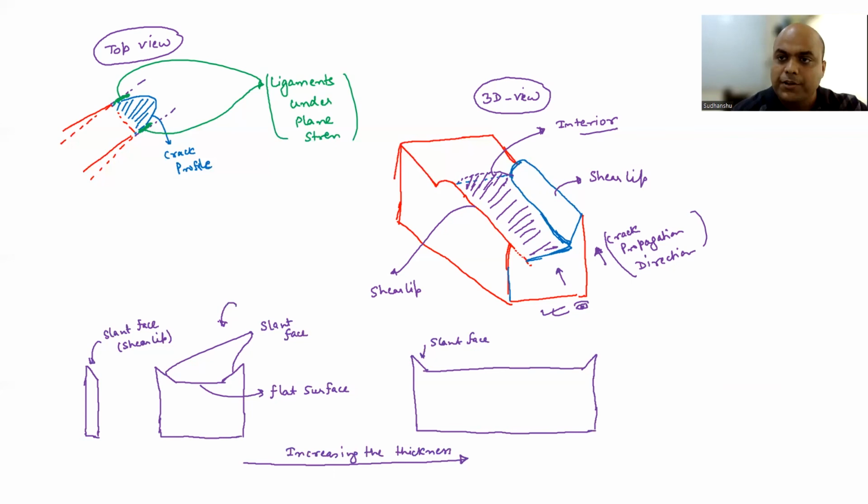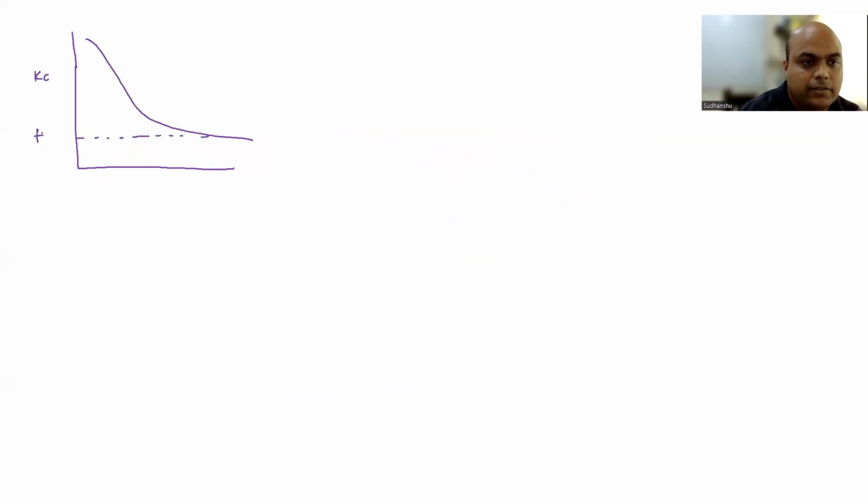Okay, so this is how your fracture surface is going to look like when you already have a crack and when you increase the thickness. Right, now let's correlate this quickly with the fracture toughness we have discussed. So if you remember, your variation of fracture toughness was something like this. So Kc, and here is your K1C. And we were increasing the thickness. And at that time I mentioned that if you increase the thickness after a critical thickness, Kc will become equal to K1C,